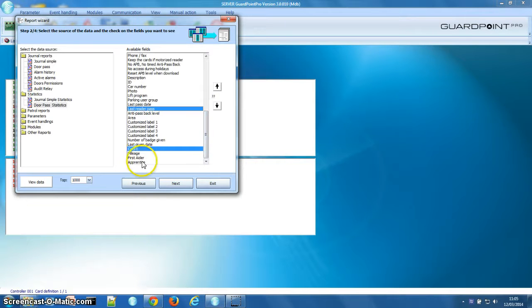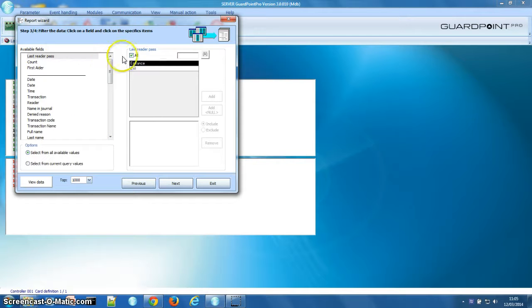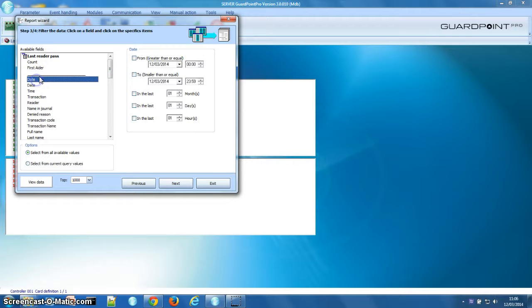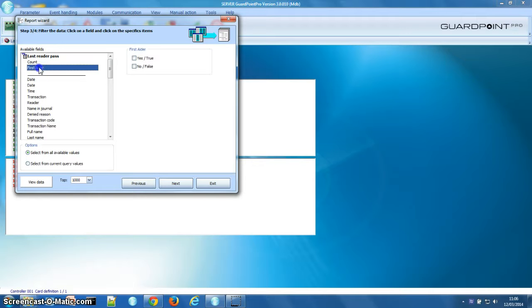Let's choose my custom field here, first aider, and I've got this count field that gives me the total number. To assume that they're on site, their last transaction must have been an entrance, so we'll add that. If I had a date, I could obviously filter it with the date a little bit, and they need to be a first aider, so